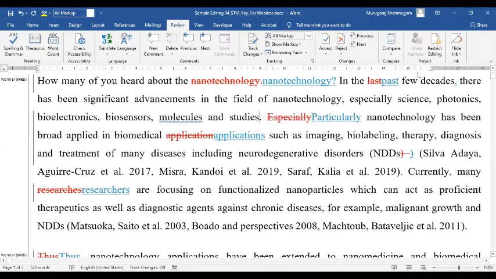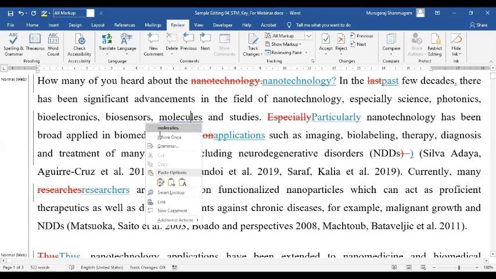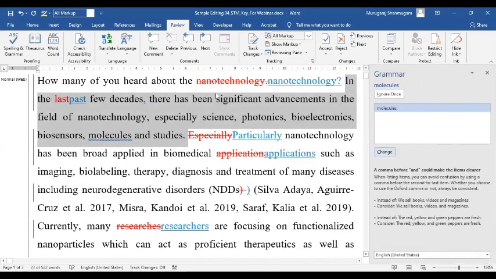Yeah, the moment I do that, you can now see there is a blue wavy underline showing here. If you right click here, the suggestion is to insert a comma after molecules. You can run spell check again, and that instance is identified here: a comma before and could make the items clearer.